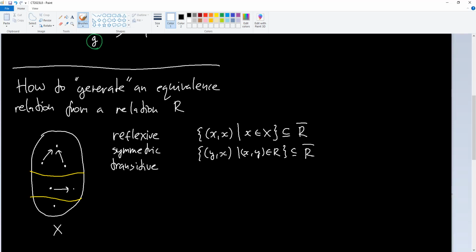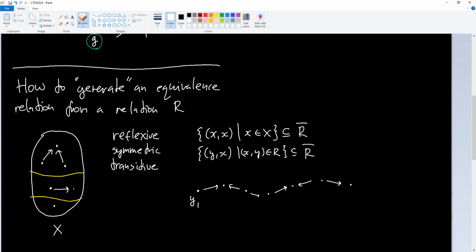That's the property of symmetry. Now, the property of transitivity is that every time I've got a chain of related pairs, but now keep in mind that by symmetry, the backwards relation also counts as a relation. So this chain could be a chain that goes in a zigzag like that. Every time I have such a chain,